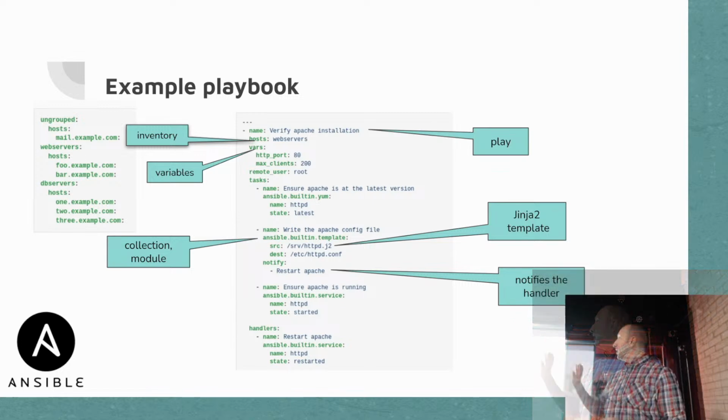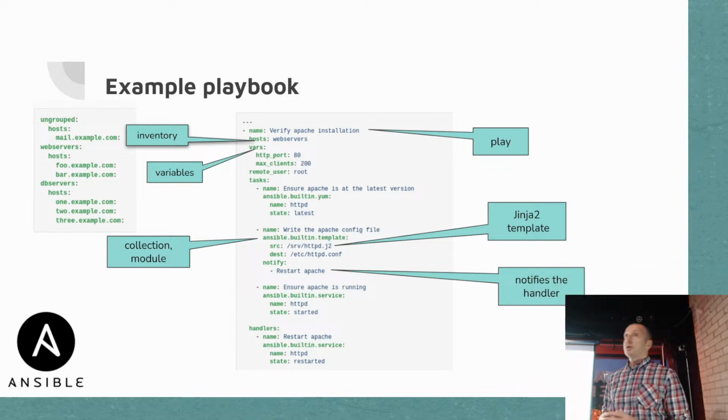On the left side, you can see a small screenshot of an inventory. An inventory is basically a text file where you store the information about your hosts. That's a very basic one. You can see that there's a mail server, there are 2 web servers, and 3 database servers. And then the playbook is referring only to the web server, which means that this play is going to run only on the hosts that are in the web servers